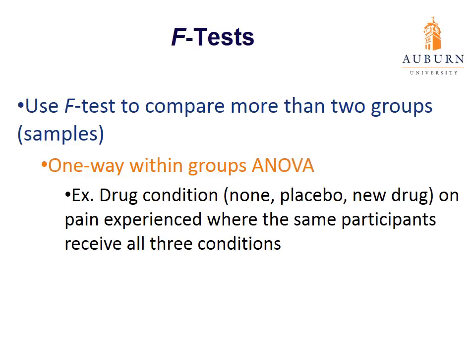And so with a one-way within groups ANOVA, we can use the example of drug condition where each patient gets a measure of pain without any type of medication. Then we may give them a placebo and measure their pain to see if there's any psychological effects of receiving something, even though it's not the drug or doesn't have a drug effect. And then we might have the same participants get the new drug treatment that should reduce pain, and then we'll get a measure of pain experienced. In this case, each participant experiences all three levels of the independent variable,